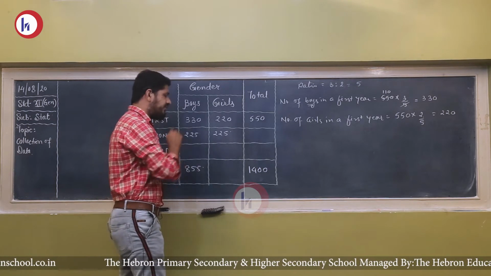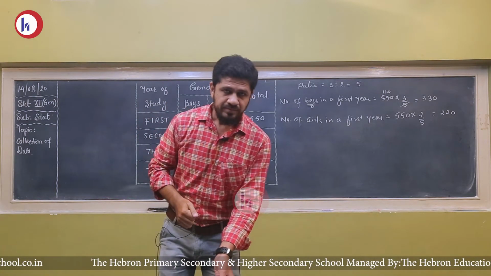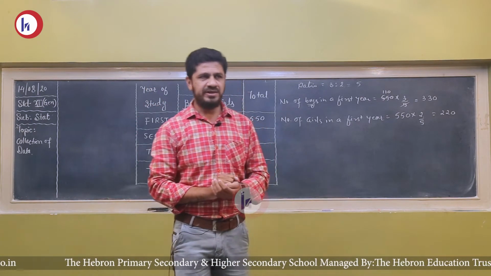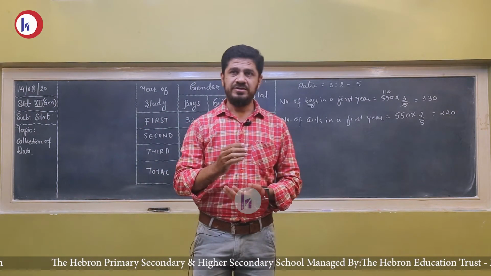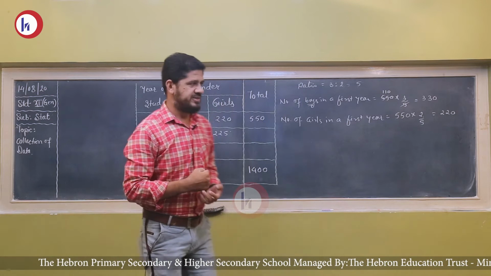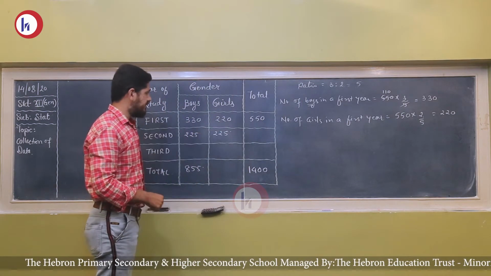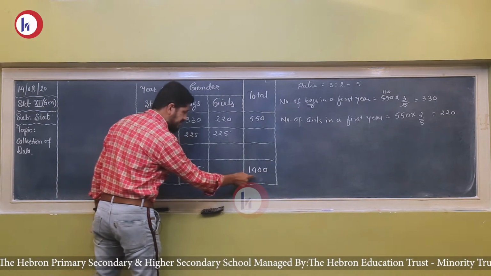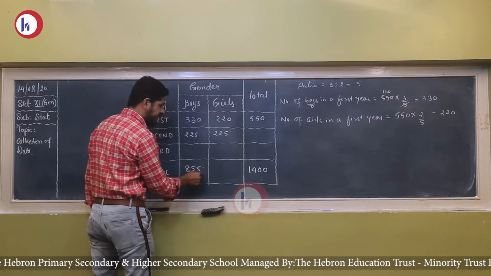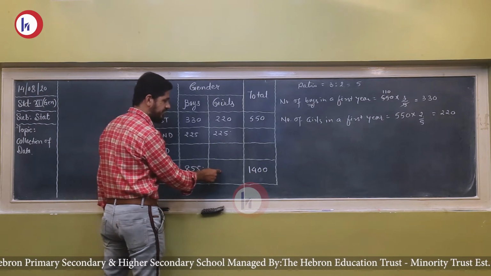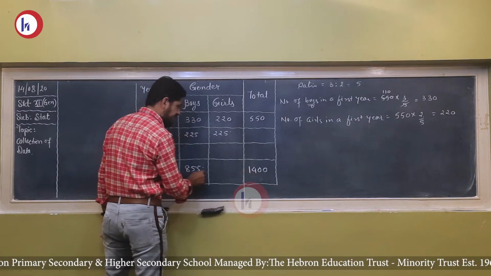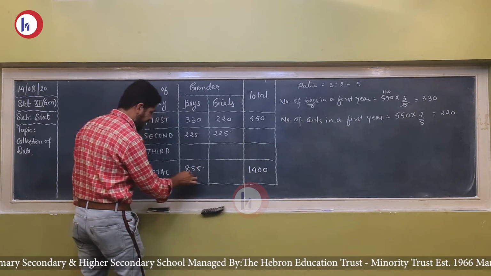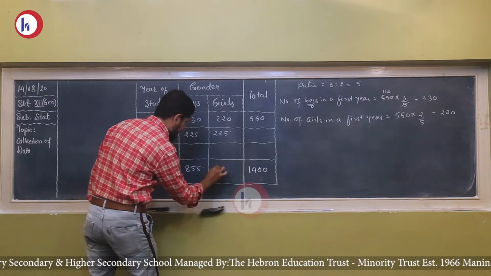Now we can find the remaining value by our reasoning. Students, this type of question is basically called logical reasoning. It is based on logic. So let's fill in all this data, the remaining amount. I had told you that this is the sum of two blocks. So 855 plus whatever the amount is will be 1400. So we subtract this amount from the sum. So 1400 minus 855 will be 545.